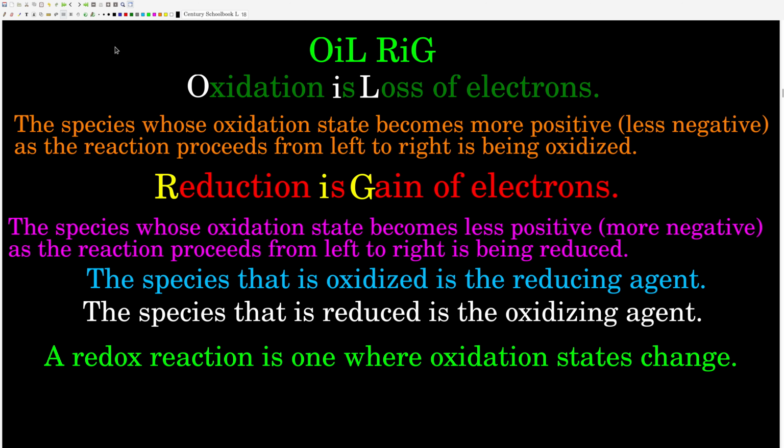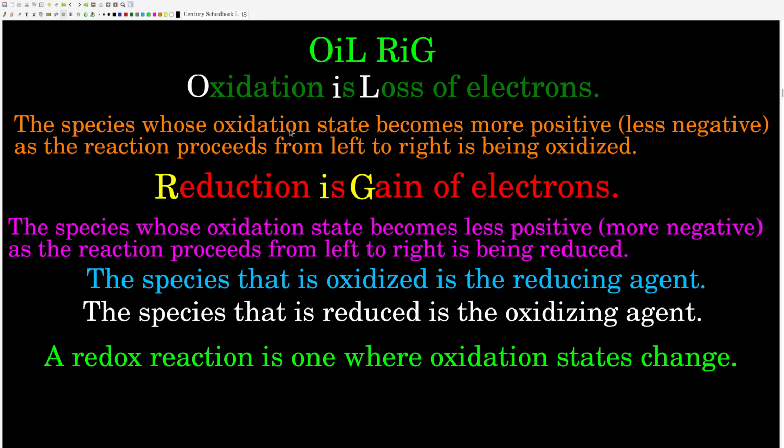Next, oxidation and reduction. So this is a little mnemonic that helps to remember what oxidation and reduction are. OIL RIG. OIL stands for oxidation is loss of electrons. And so whatever is losing electrons as we go from the left to the right of the arrow is being oxidized. And the way we can tell that, this is what oxidation states are for,